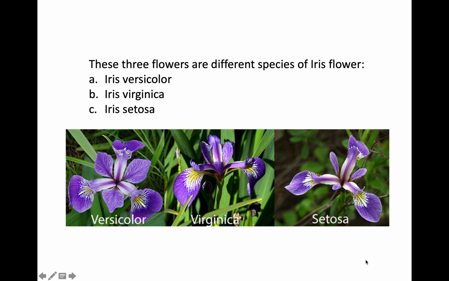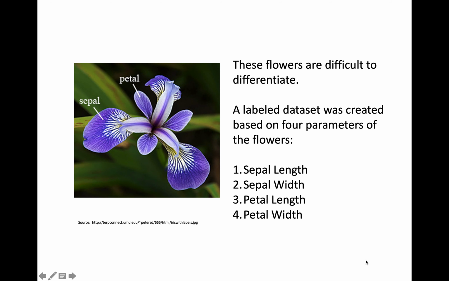All the three flowers belong to the same genus, that is iris, but they are from different species, namely Versicolor, Virginica, and Setosa. If you look at this flower, it is very difficult to identify which flower belongs to which species. The classification is based on the length and width of the sepal as well as that of the petal. When the measurements of petal and sepal along with the species to which the dimensions belong is used to train a model, the machine could easily learn to classify iris flowers species based on the dimensions of its petal and